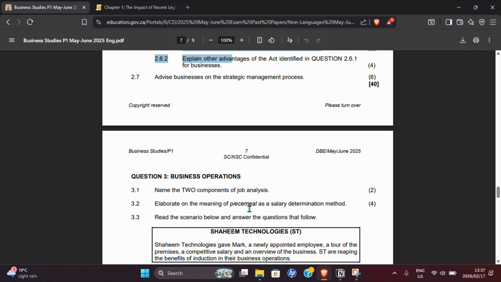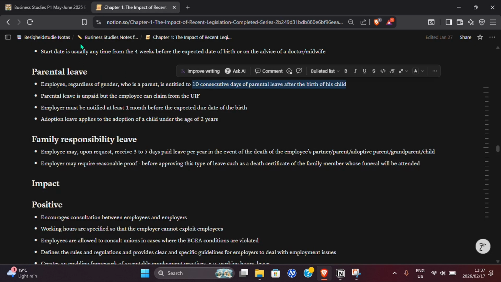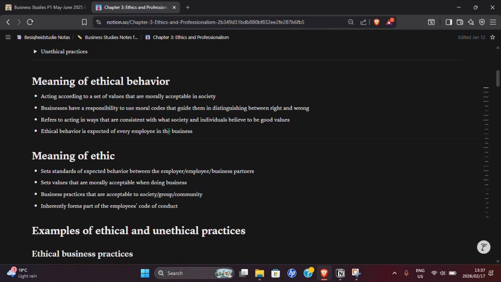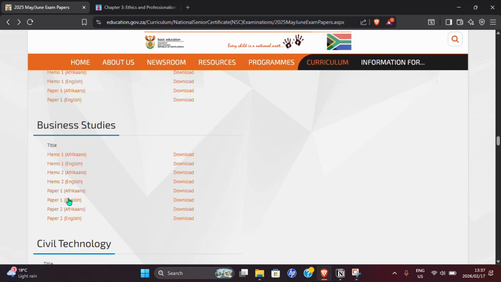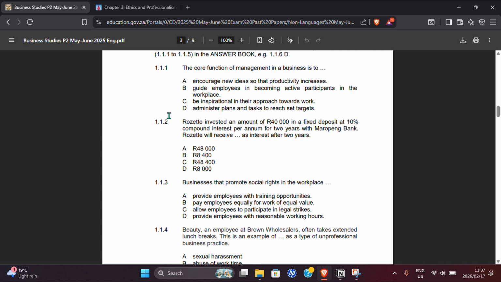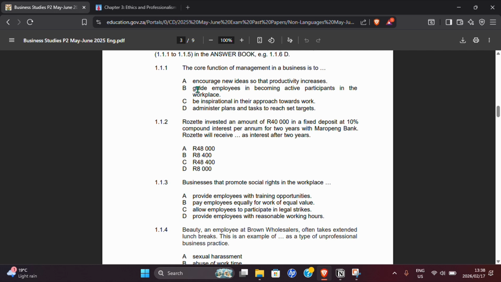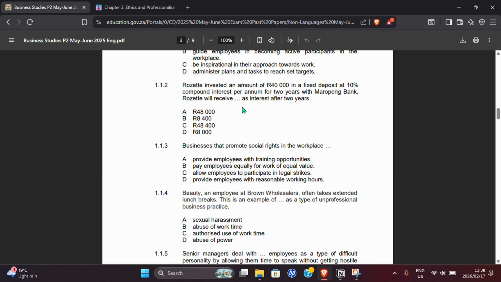So let's say, for example, in this case the chapter that we're struggling with is ethics and professionalism. This usually comes from paper 2. That's where that one is involved. Let's go ahead to paper 2. Remember, all you want to do is the questions from that chapter that you're struggling with. You can ignore the rest of them because that's not the chapter you're currently focusing on. And remember, the more you do it, the better you'll get at it.